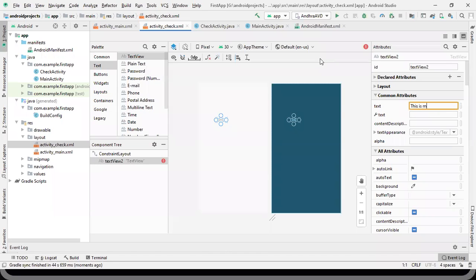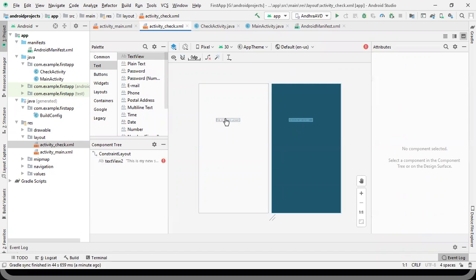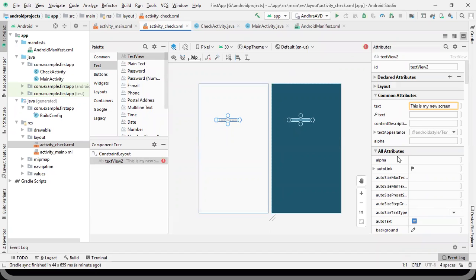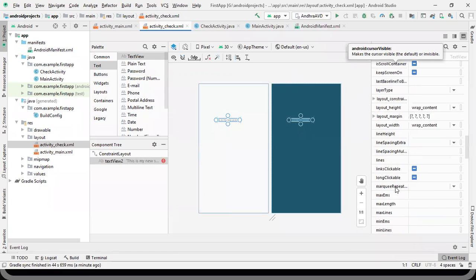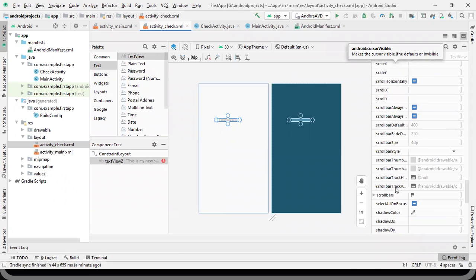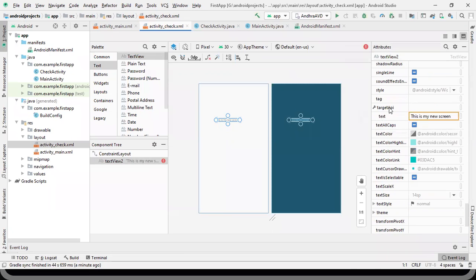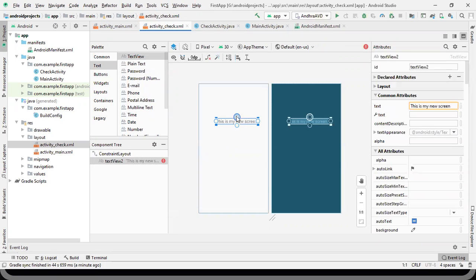This is my new screen. If I want to change the text size, the text size is 14 sp, and I declared it as 25 sp. This is my screen.